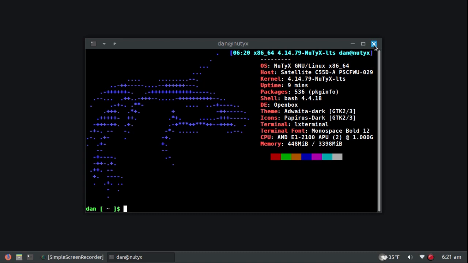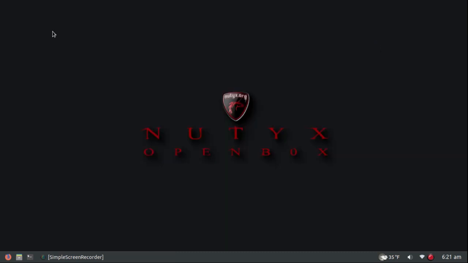So like I said, I'll link to how you can install that if you're running NuTyX and you want to install NeoFetch. It's very easy, very quick, and you'll be able to, like me, if you want to add it to your bashrc file so it shows when you open the terminal, you can get NeoFetch in NuTyX, no problem. Now the second thing I want to cover,